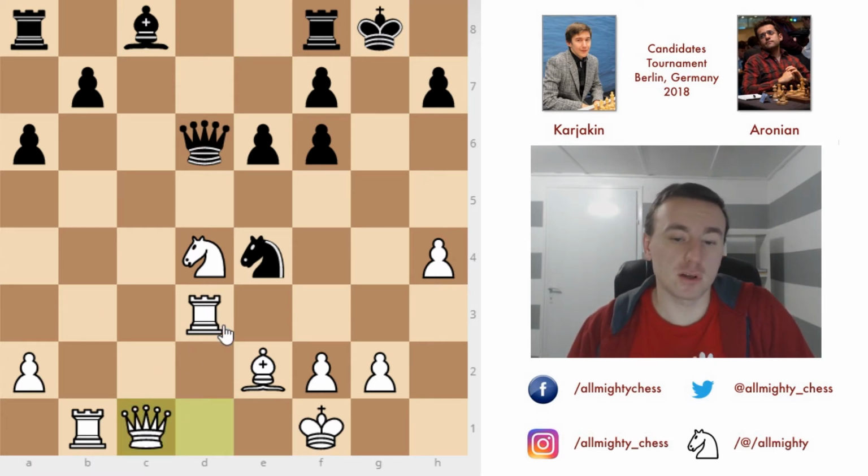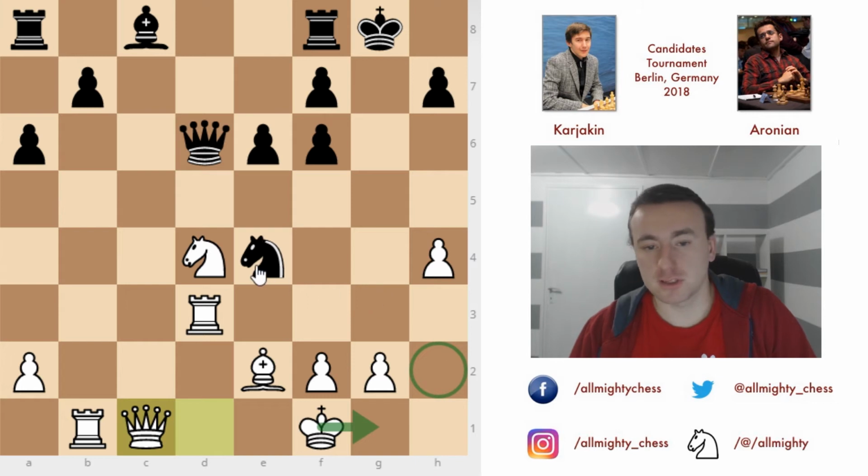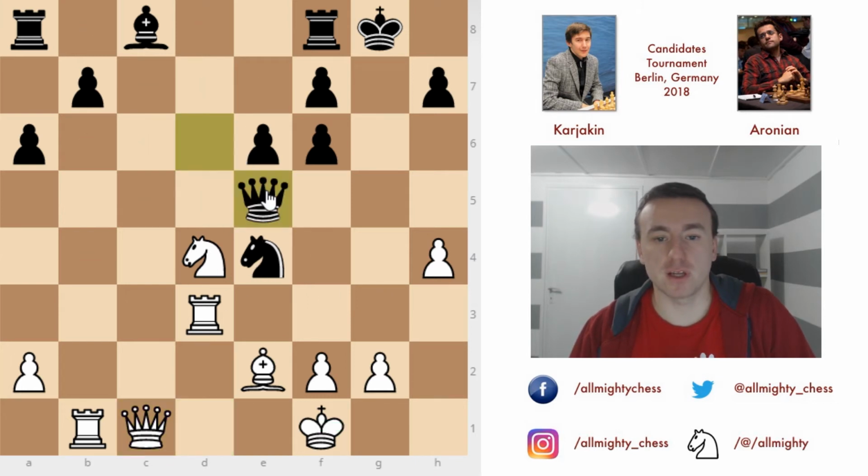So probably Aronian was expecting something like king to g1 in order not to allow this queen to come to h2 and something like that, but queen to c1 was played, and we have queen to e5 now. So the idea is to bring the queen here, push f5 so that the queen can come closer to the defense. And actually Karjakin helps him in this idea, since he played queen to h6, and now we have, so